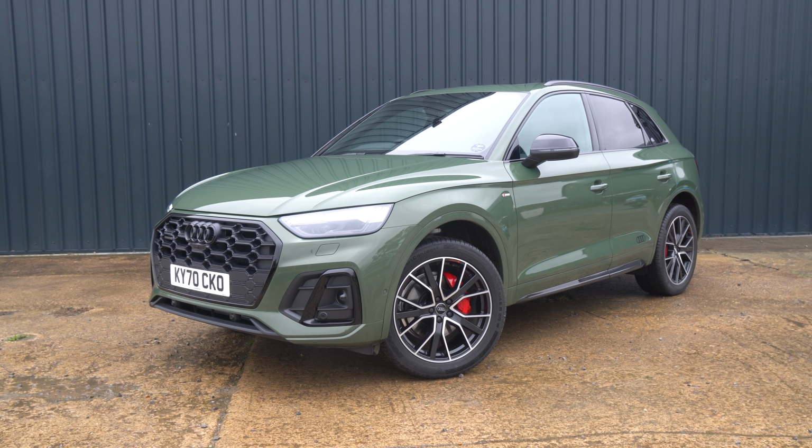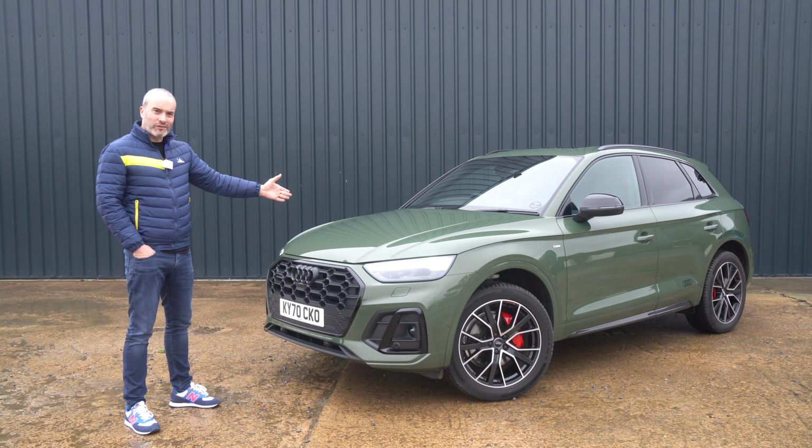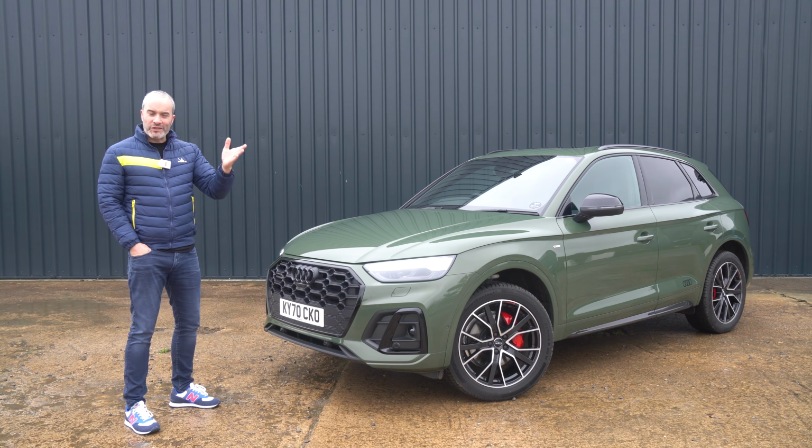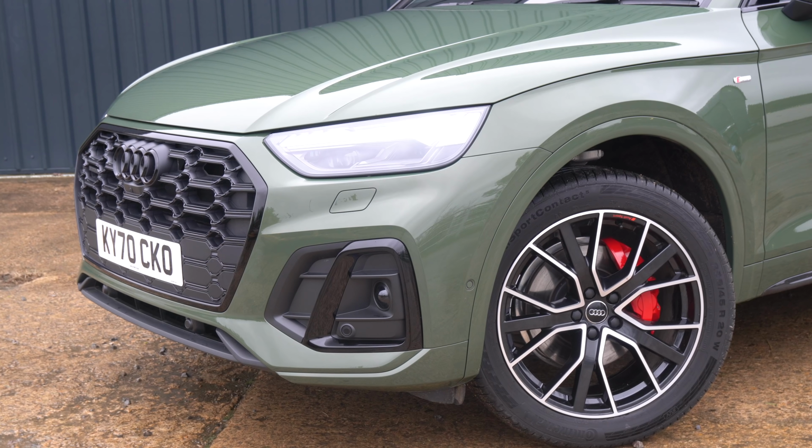This particular one is in District Green and I absolutely love it. I think it's a really nice contrasting colour to all of the black styling and the carbon side blades, and it's just unusual. You're not going to see too many of these on the road. It's a horrible December day here. There's wind and rain and all sorts, so I want to jump inside and protect my brand new trainers, and